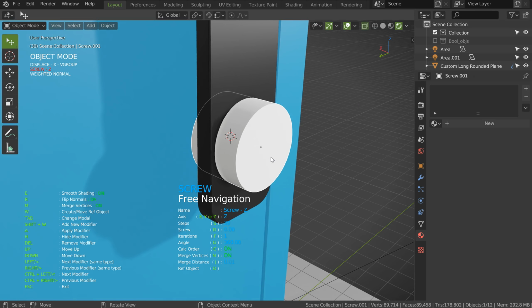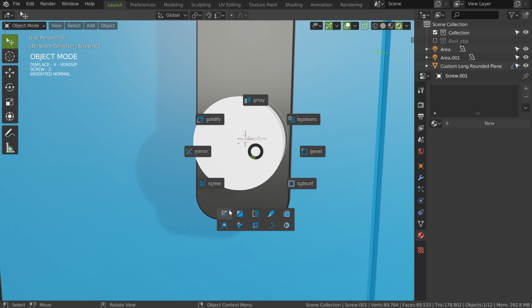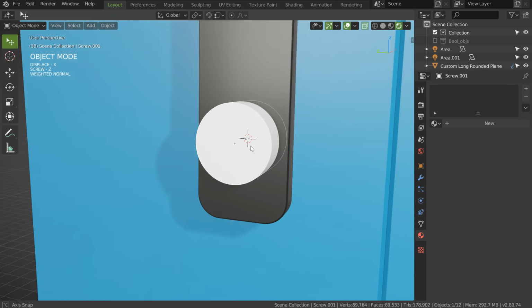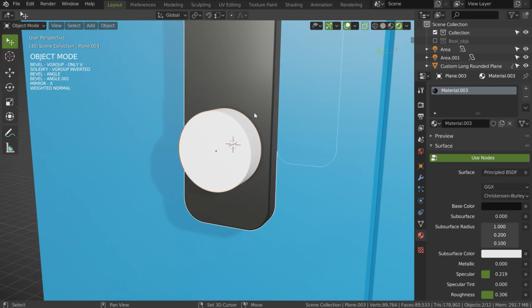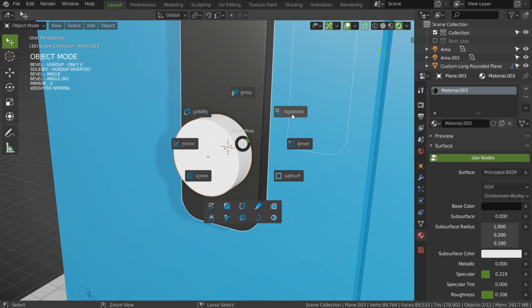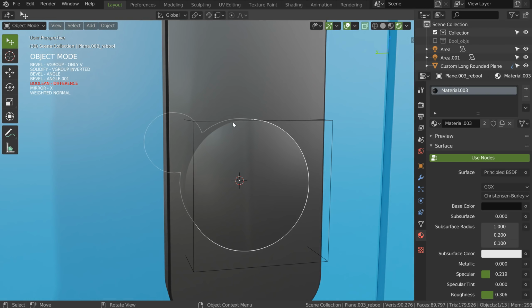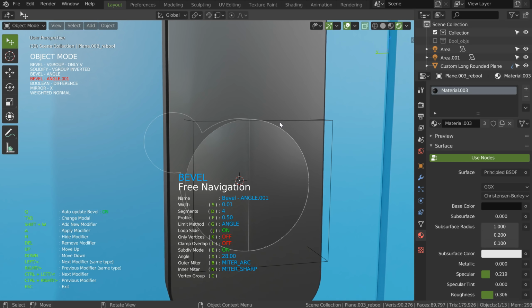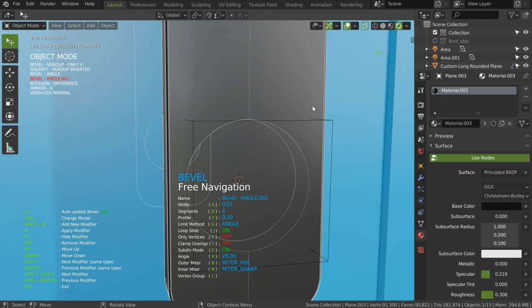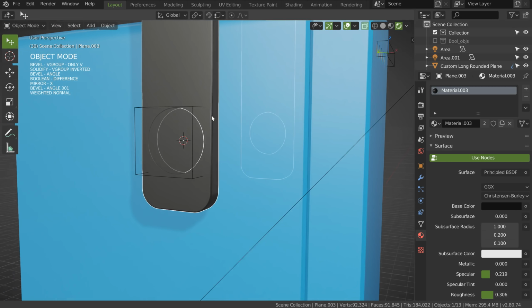With this screw I will be able to, let's see, play with the number of segments. Yep. Just like that. And like I said, I will play with the displace, boom. I will make a boolean with this one, but I will press Ctrl and Alt. Boom. That will give me this result. On this one I will just have to move the bevel up, the bevel angle after the other part, here. And in fact I need to do the same for this one, up, like that. And as you can see, I have now this result.